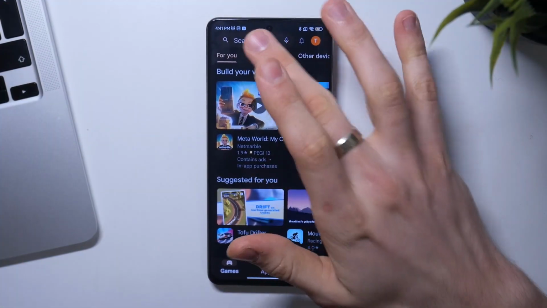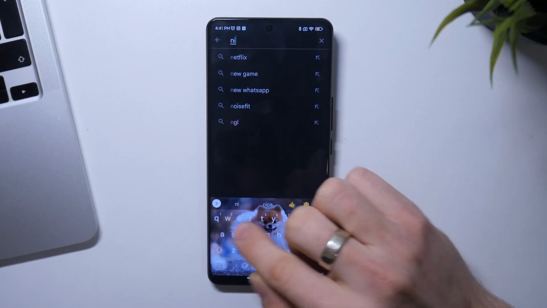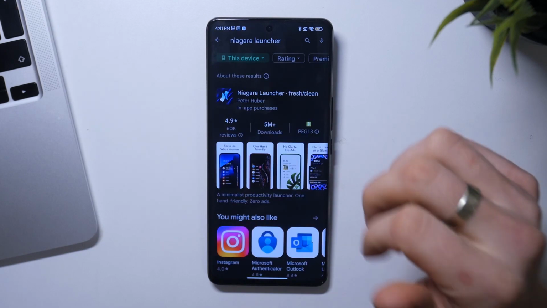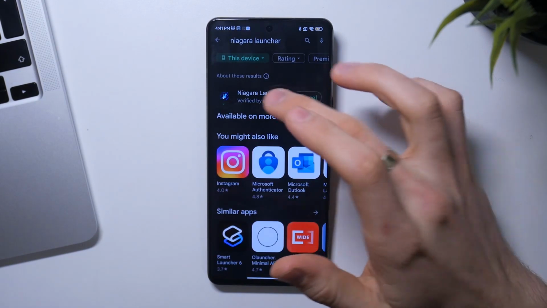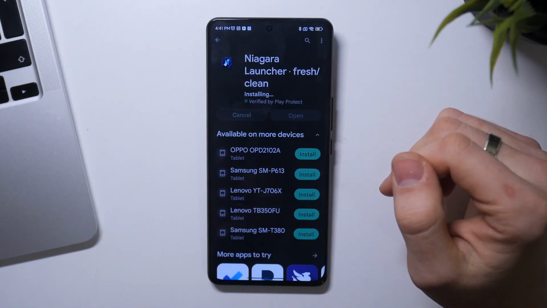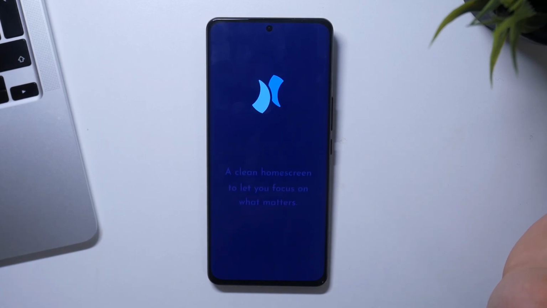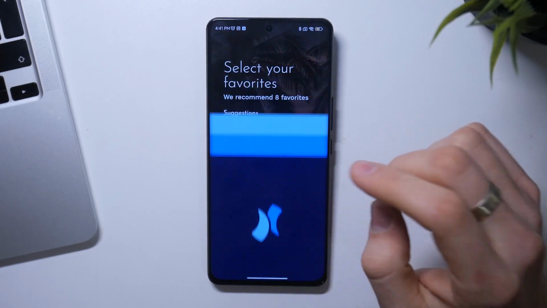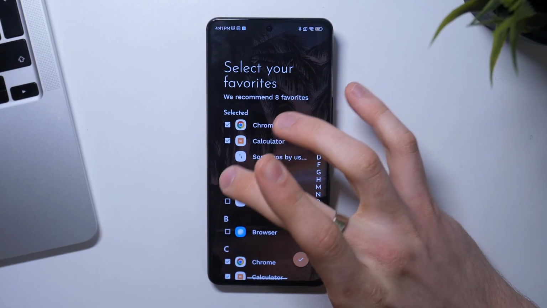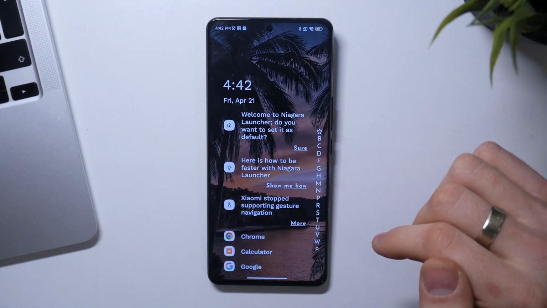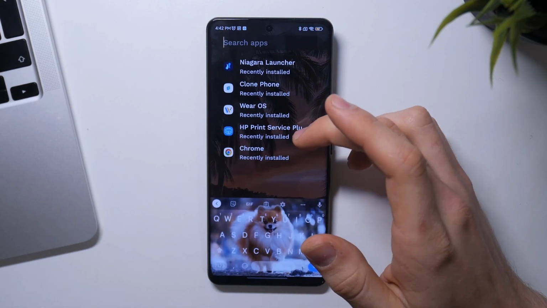So in third place on my list is Niagara Launcher. Just find it, click install, click open, and great, as you can see, click agree. Here you need to choose your favorite apps, click OK, and great, here we have a really beautiful and